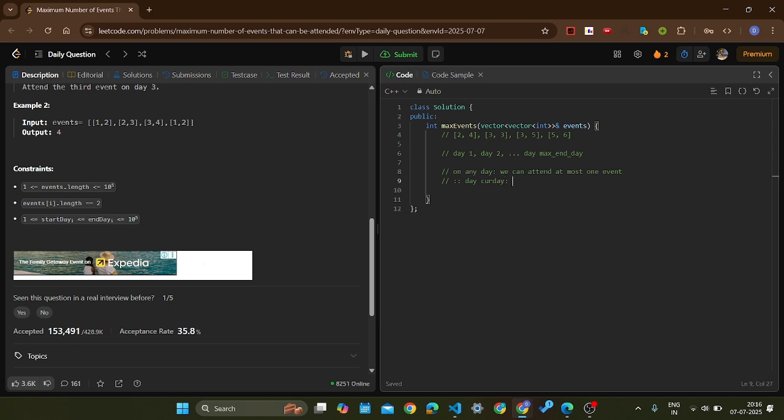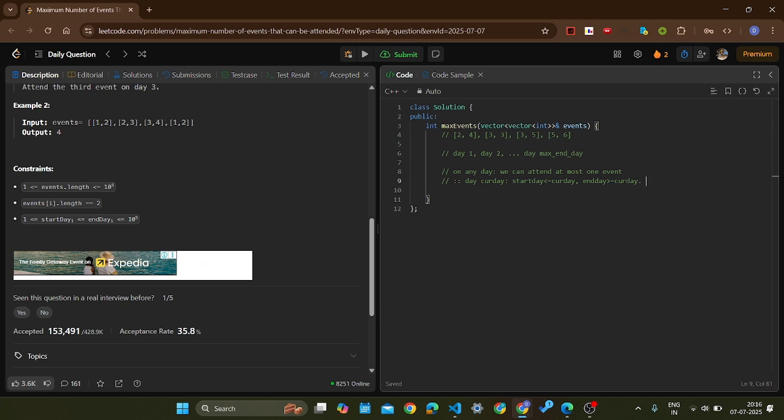We can attend any event which has its start day less than or equal to the current day, and its end day is also greater than or equal to the current day. We can attend any event that is in this range.